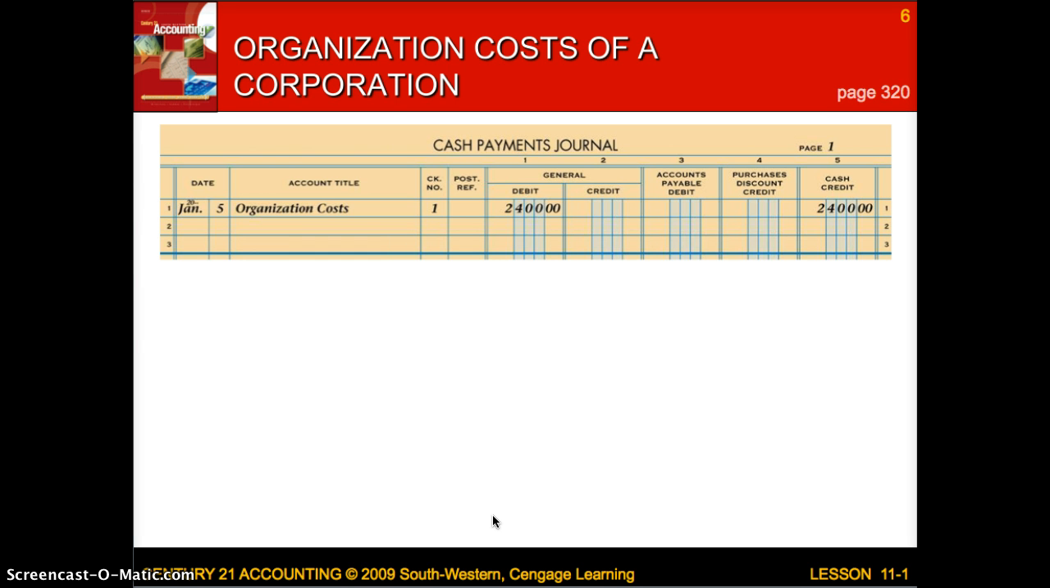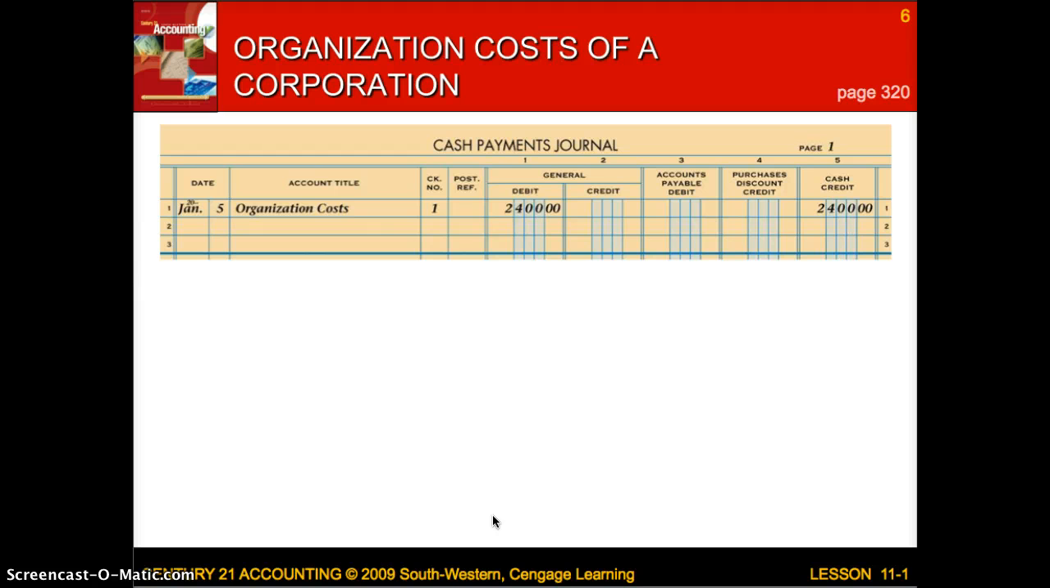Organization costs of a corporation are a little bit different. Fees and other expenses of organizing a corporation are called organization costs. I'm looking on page 320. Organization costs may include the following: an incorporation fee paid to the state when the articles of incorporation are submitted, so basically an application fee. Attorney fees for legal services during the process. So you are going to need an attorney to help you set up your corporation and figure out all of